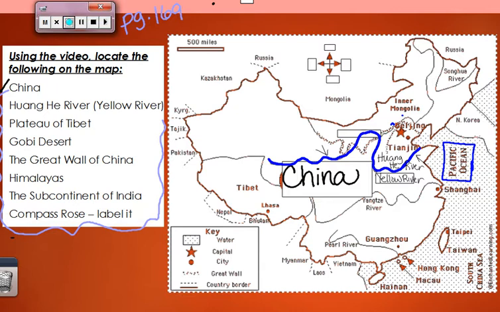Alright, so we're going to go ahead now, and we can check off the Huanghe River because we have it labeled. And we're going to move now to the Plateau of Tibet. You're going to need your yellow coloring pencil. If you already see it, hopefully you have located Tibet. All right, we are going to outline this line that is around Tibet, because this is the Plateau of Tibet. Now hopefully you know what a plateau is. A plateau is an elevated,